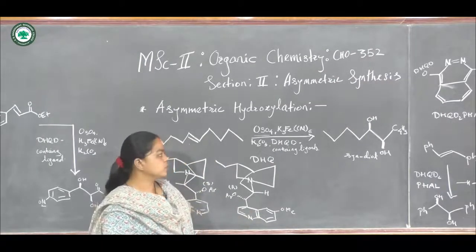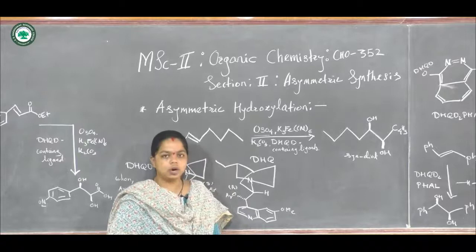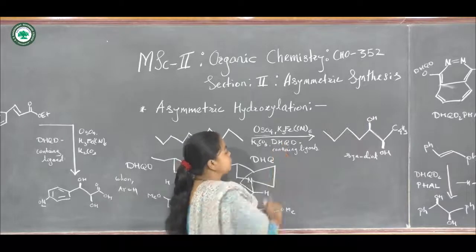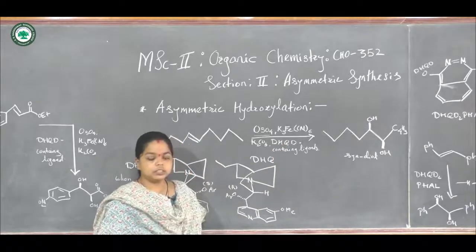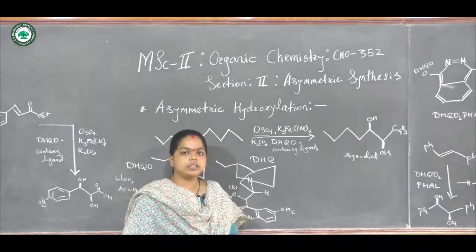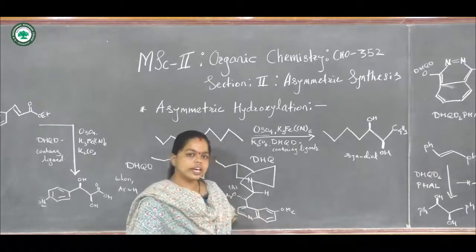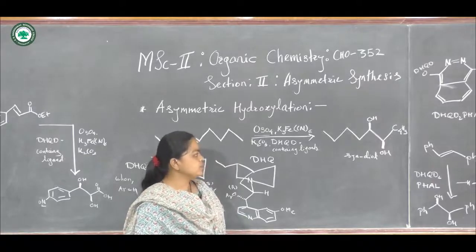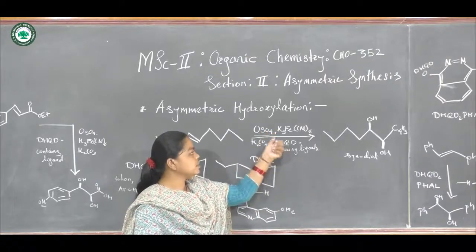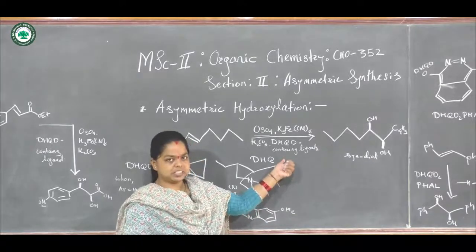So additives are also used in this reaction, and most important are the chiral ligands, or the complex that can be obtained from the chiral ligands. The chiral ligands are DHQD. These are the dihydroquinidine ligands. This type of chiral ligand is used in order to carry out the enantioselective reaction. When we use this type of chiral ligand, it will bind and form a complex with the osmium, and this complex will carry out the asymmetric hydroxylation.